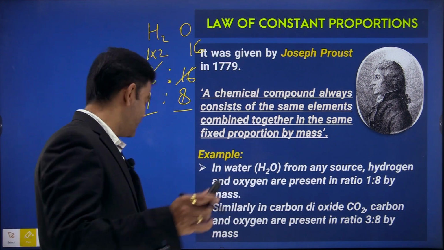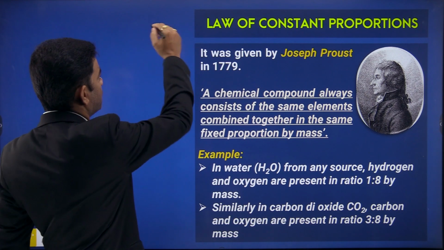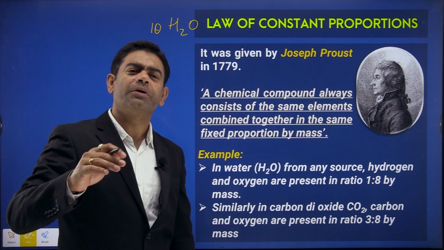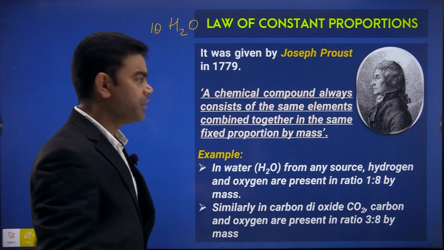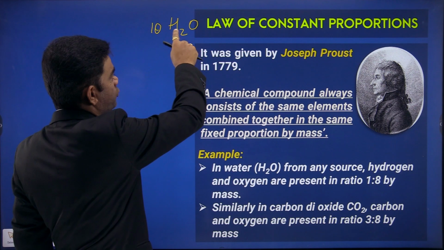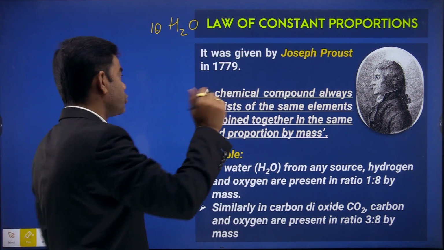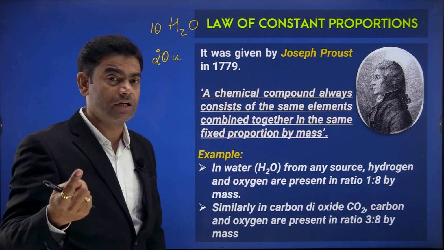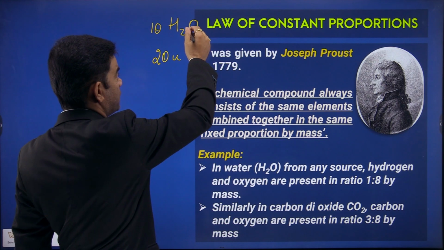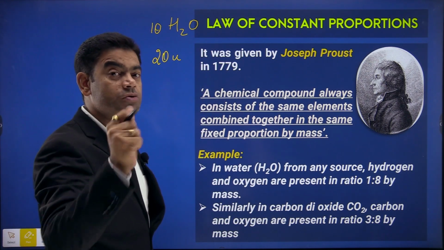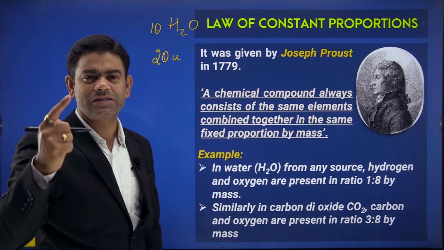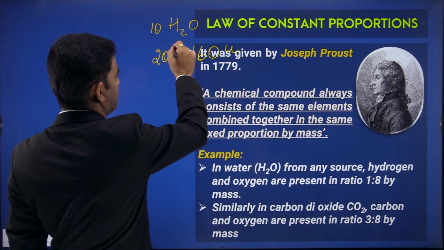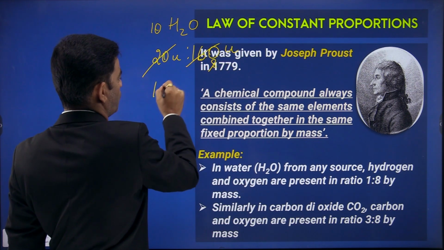If you want to verify it, let's see. Let's take 10 molecules of H2O. एक मॉलिक्यूल, अब हम कितना लेके आ गए, 10 मॉलिक्यूल्स लेके आए. नाउ लेट्स टेक हाउ मेनी हाइड्रोजन इज देयर. 10 मॉलिक्यूल्स में कितने हाइड्रोजन आ जाएंगे हमारे पास, 20. तो 20 हाइड्रोजन का मास कितना हो जाएगा, 20U, बिकॉज हाइड्रोजन मास इज 1. तो 20 हाइड्रोजन एटम्स विल हैव 20U. ऑक्सीजन, दैट 10 एटम्स ऑफ ऑक्सीजन, उसका मास कितना होगा, एक ऑक्सीजन का मास होता है 16U. 10 का हो जाएगा 160U. So again I can cancel 20, 160, I am getting 1:8.